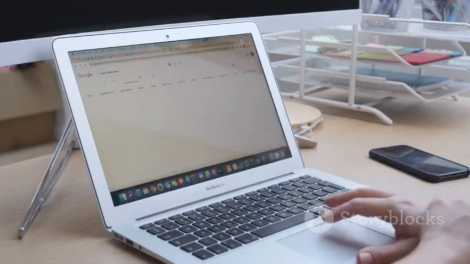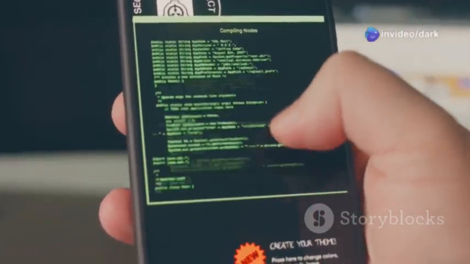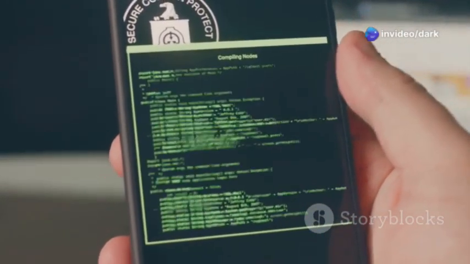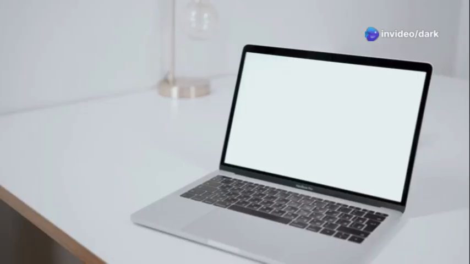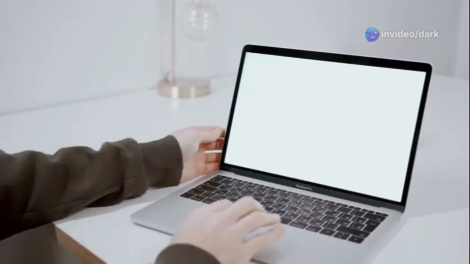First, open Terminal by hitting Command plus Spacebar to bring up Spotlight Search, then type Terminal and hit enter. You'll see a blank window with a blinking cursor. That's your cue to start typing commands. Our first pro tweak is going to speed up the animations on your Mac. You know those smooth transitions when you open and close apps, or switch between desktops. They look nice, but they can also introduce a bit of lag, especially if you're used to things being super